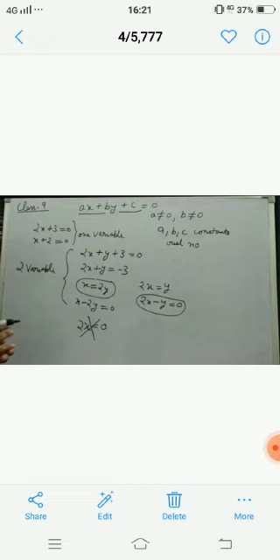Now here below that I have written 2x + y + 3, that is the equation with two variables, that is x and y are two variables in the equation. You can also write the equation like 2x + y = -3, that means constant term, you can put it to other side of the equation, that is also correct.